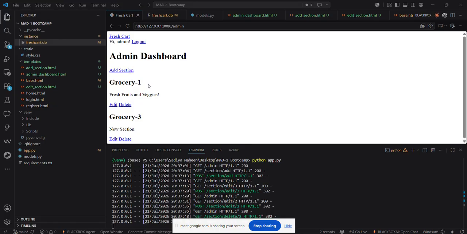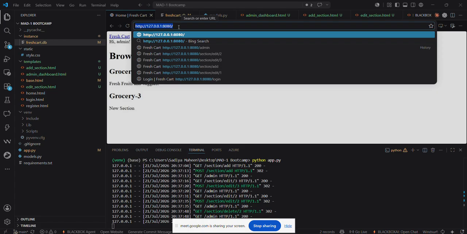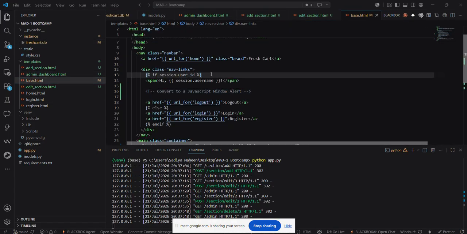I'm currently logged in as the admin, so all the different things you can do here. I think one thing we want to do is fix something that is not looking correct, because on the home page for an admin, what do you want to show? Because it is an admin user, how would that user go to the admin page? So now in the nav bar, if you go to this page template, in the nav bar for an admin, what I want to have is